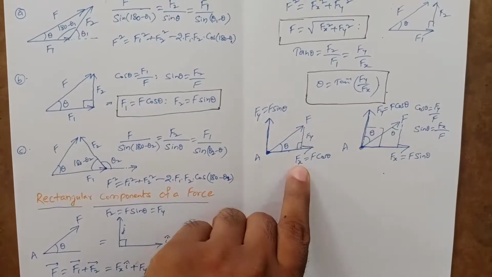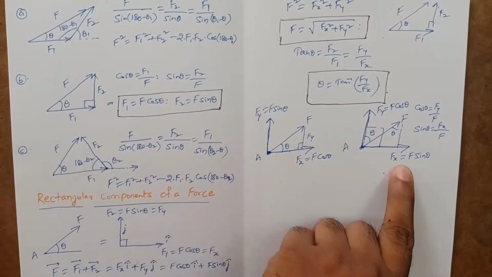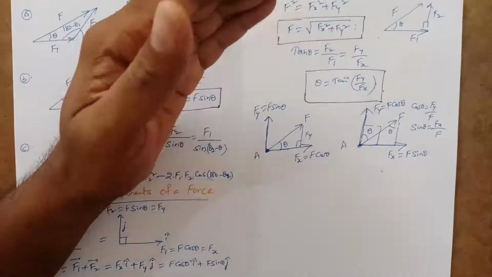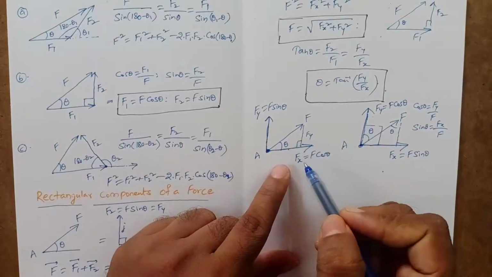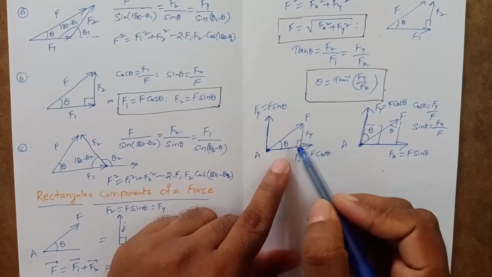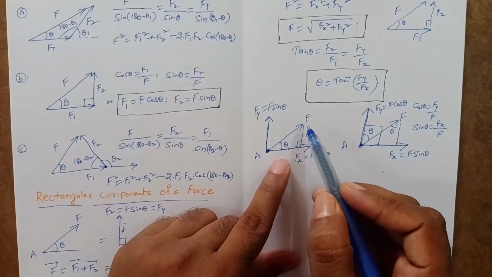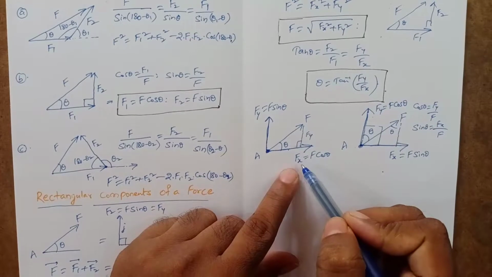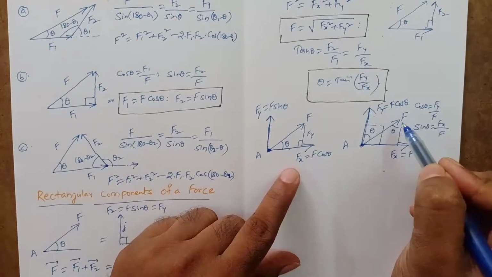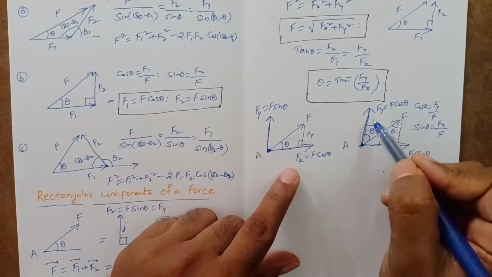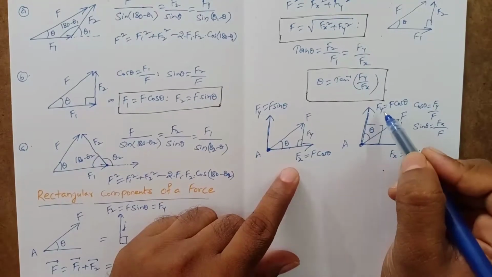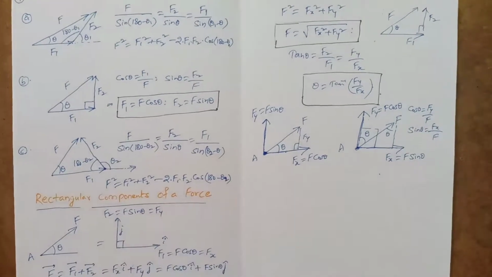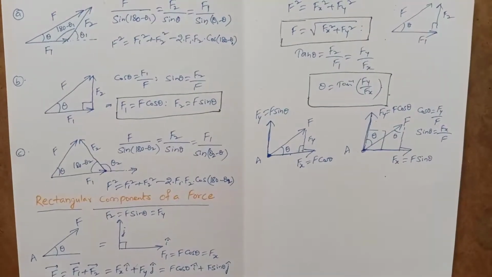So in the first case Fx is equal to F cos theta, and in this case Fx is equal to F sin theta. By observing these two cases, we can conclude that when we are resolving the force into two components, one will become the cos component. See, this force is making an angle theta with this component, right? So this component will become cos. So Fx equal to F cos theta. Similarly, this force F is making an angle theta with this vertical component, so this vertical component will become the cos component, that is Fy equal to F cos theta. The other will automatically become sin theta.